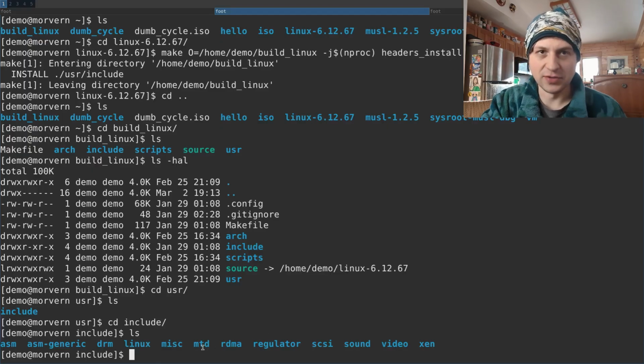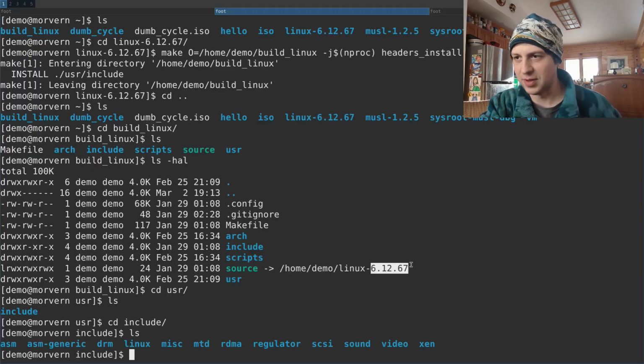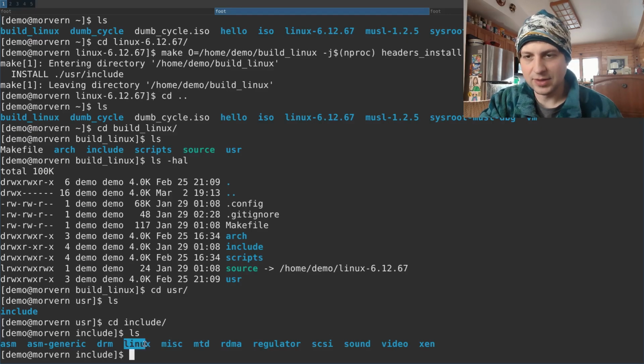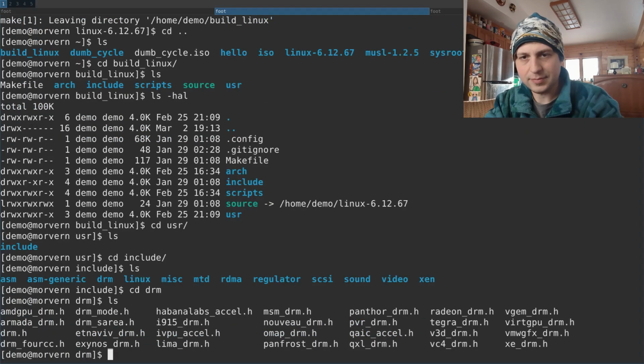And these are going to be pretty universal for x86-64 Linux. It's not particular to our configuration here. So these are the headers for the Linux kernel for x86-64 on whatever version we're on, 6.12.67. So the Linux directory will have most of the basic Linux headers, but we have this DRM directory here that we're going to jump into, that will be the headers for the direct rendering manager subsystem. So in DRM, we're going to edit